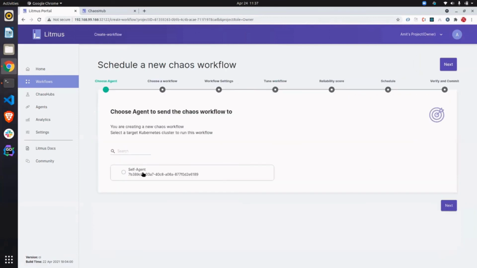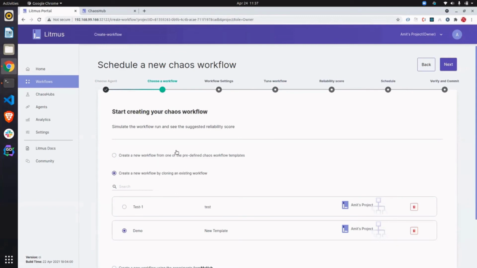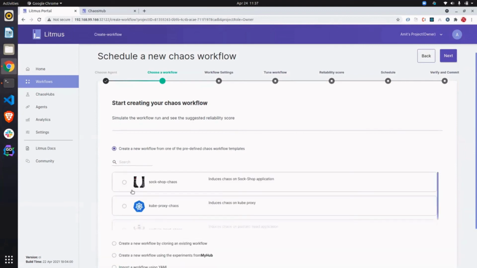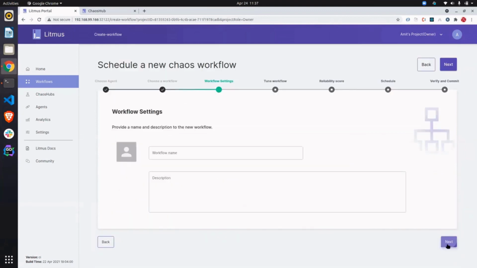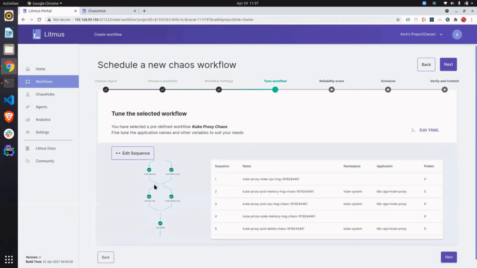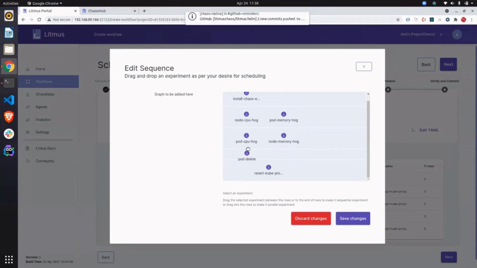And in the next update, I can probably show some of the features that we are currently working on. So right now, if I go ahead and show the same experiment. Yeah. Right now we can see that a few of these experiments are in parallel and a few of them are in a serial way. So currently we're working on one of the features called edit sequence, where we can edit the sequence of our experiments. We can run a few experiments in one go, or a few experiments in serial manner.